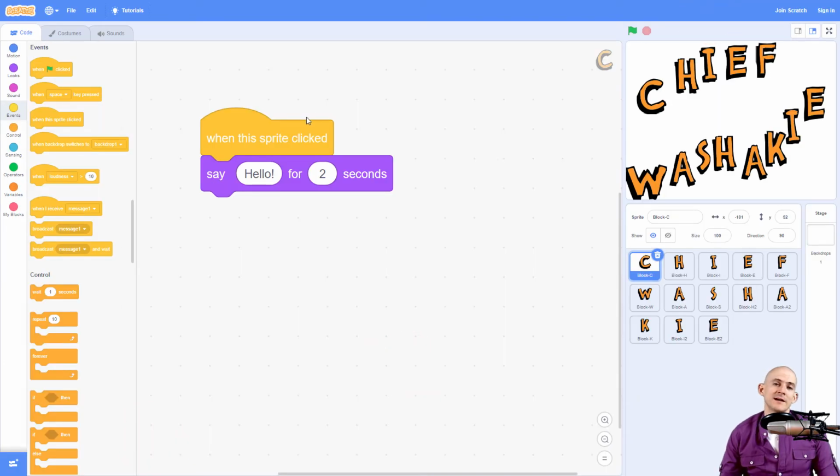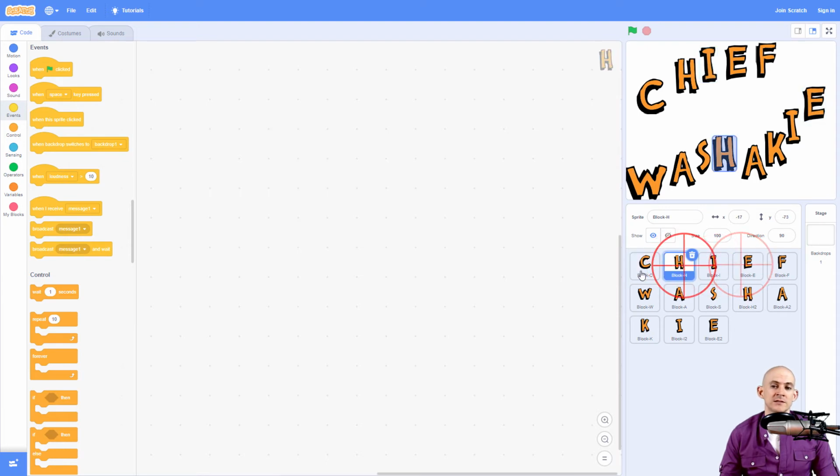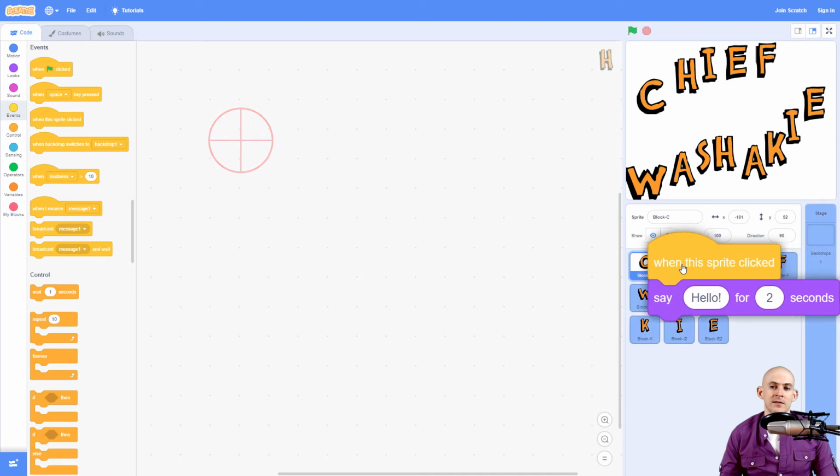And the reason why is because every single one of these sprites has its own code. I don't want to make it so that when I press C, all of the sprites do the exact same thing. I want to have it so every single letter does something different. So to do that, all I have to do is just go to a different sprite and say like